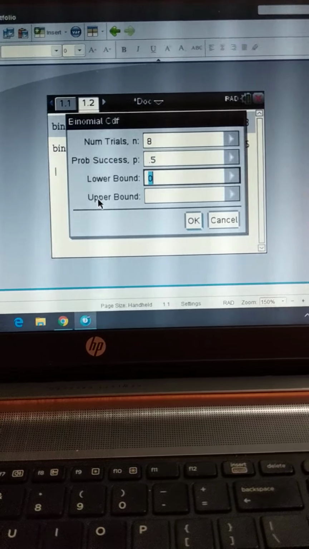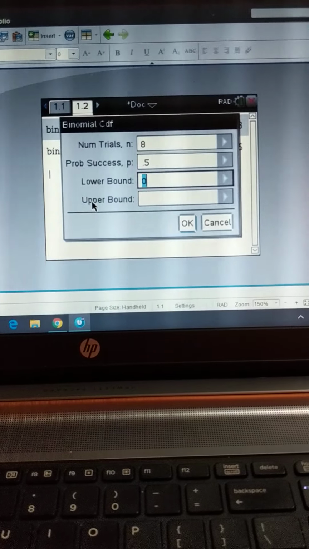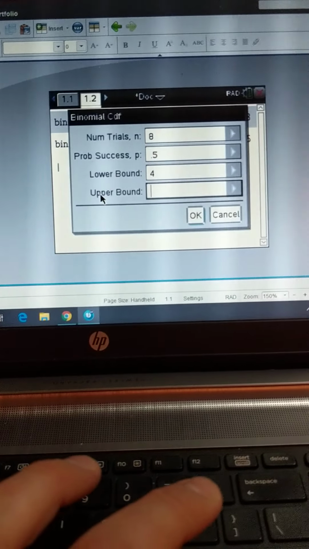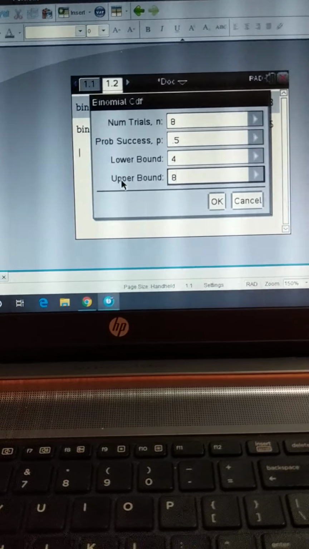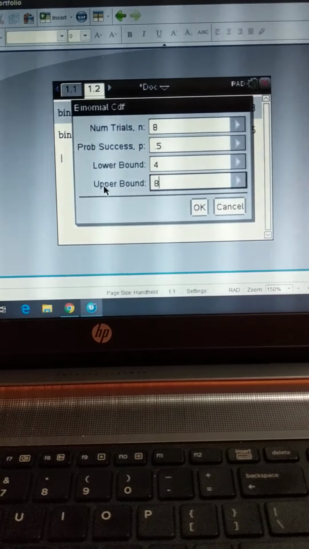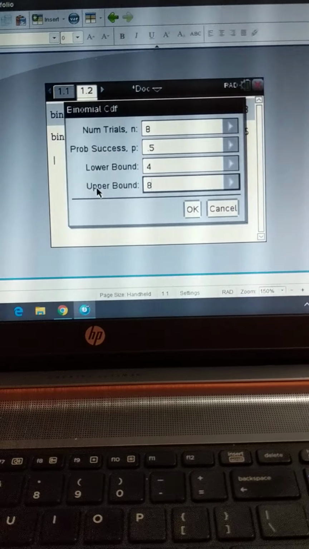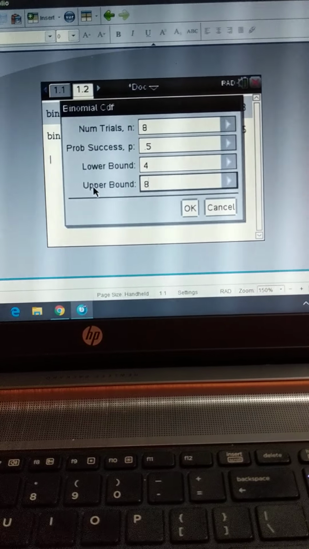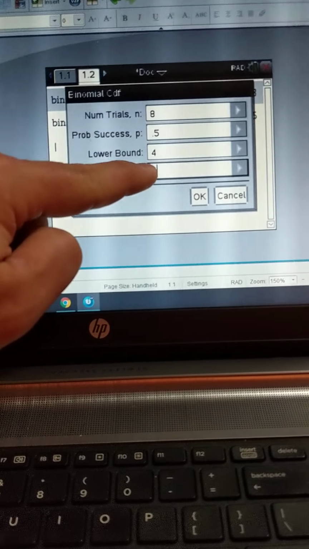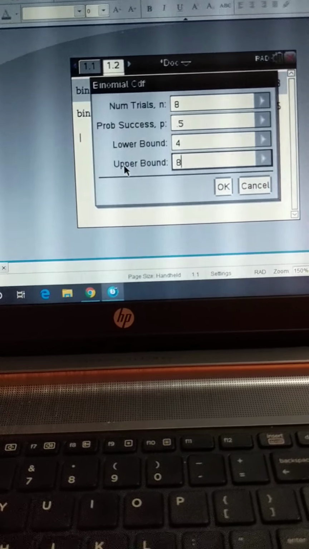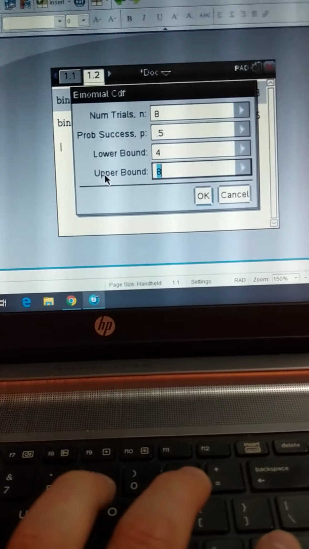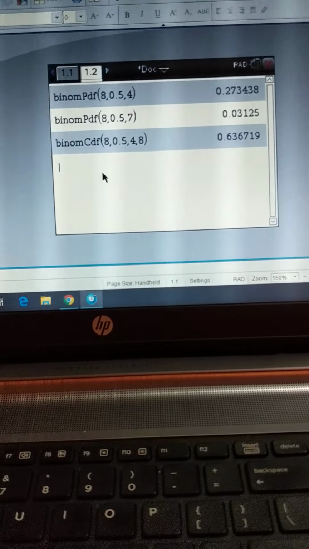So that's between how many successes are we looking for. Now, if I want 4 or more, then that will be 4 and 8. Because we're only flipping it 8 times, so that's the maximum number of times we could succeed. If we wanted between 4 and 7, I would do 4 and 7. If we wanted no more than 4, I would do 0 to 4. So depending on what the problem's asking for, that's what you're going to plug into the lower bound and the upper bound. I hit enter, and there's a